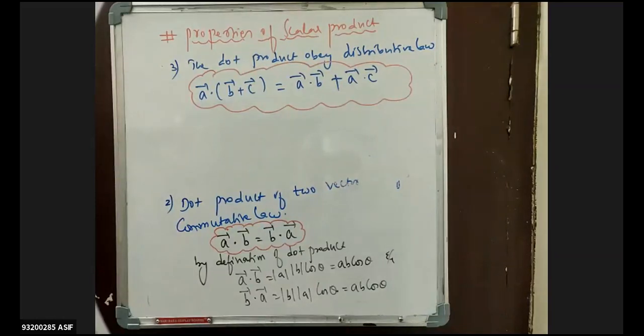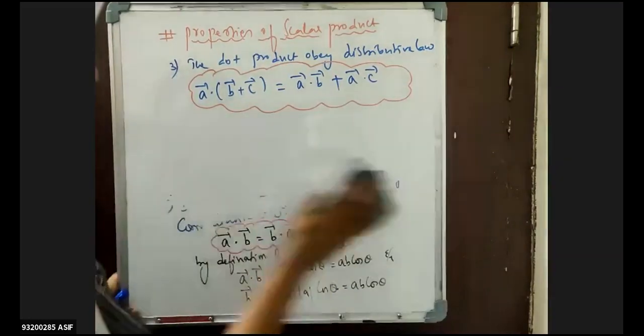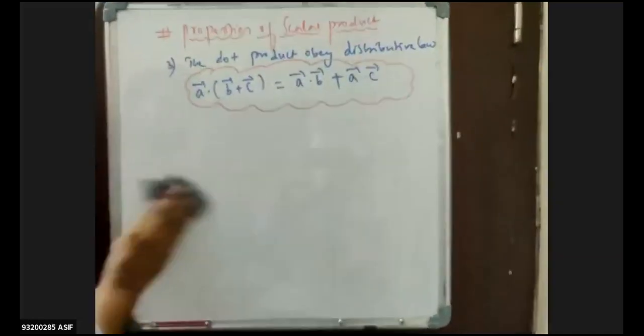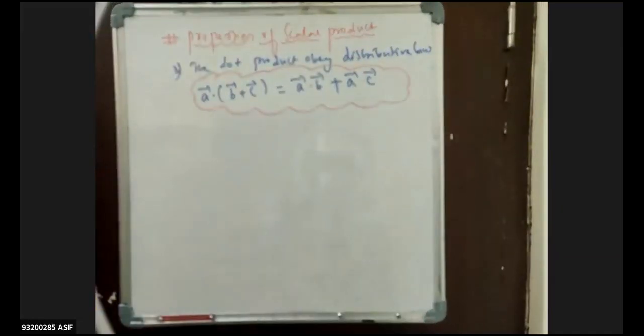Clear? Those are some of the properties of your scalar product which you should be able to remember. Depending upon the value of theta, you can tell whether the vectors are parallel or anti-parallel. When two vectors are numerically equal, the product of their magnitudes is called collinear vectors, like A bar dot A bar. If the angle between them is 0 or 180, it will be either plus AB or minus AB. That means if theta is 0, they are called parallel. If theta is 180, they are called anti-parallel.